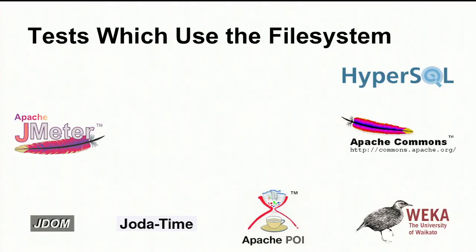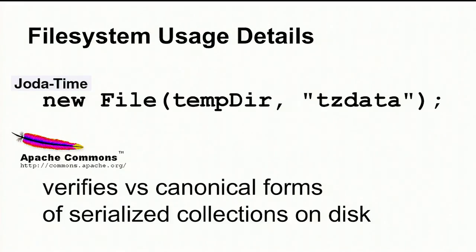And then the other thing we might want to know about is, what do these tests use? Do they use the file system? Do they use the network? So I did a grep, basically, about what these test cases are actually using. And so most test cases use the file system in some way. And so what does that mean? I then dug in and looked at how these test cases use the file system. And I would say they're OK.